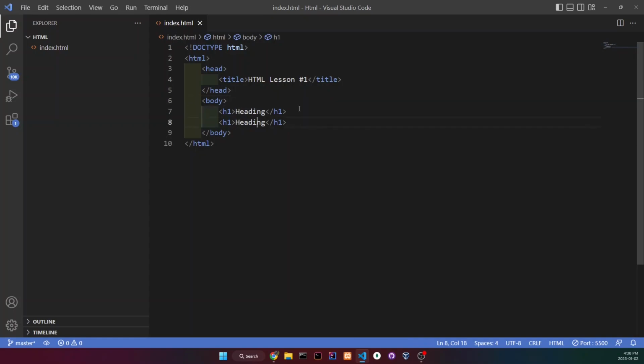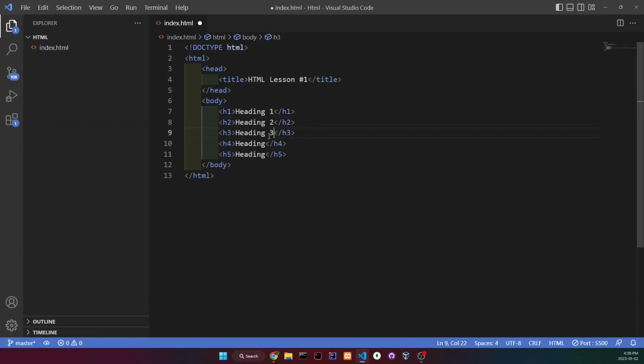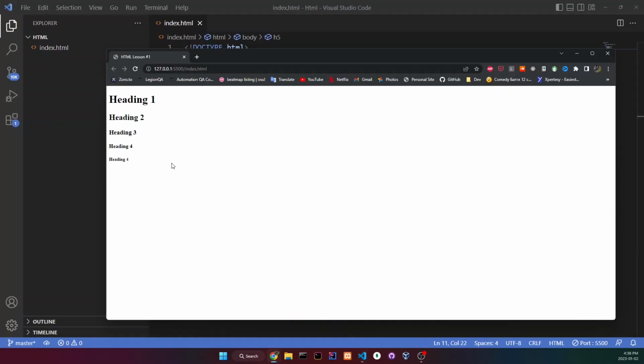So there's 1, 3, 4, 5, and we have to rename these. So basically, the bigger the number, the smaller they are. And it only applies to headings, and there's only 5, like I said before. And I'm gonna do this right here, and then I'm gonna show you guys right here. As you can see,